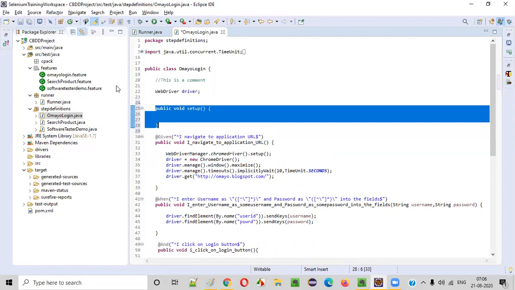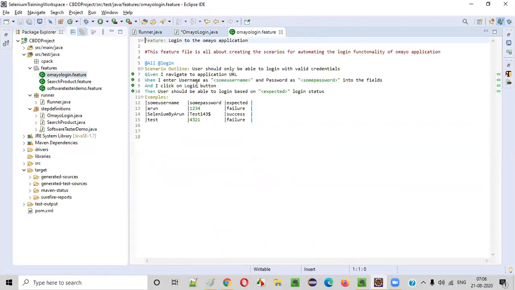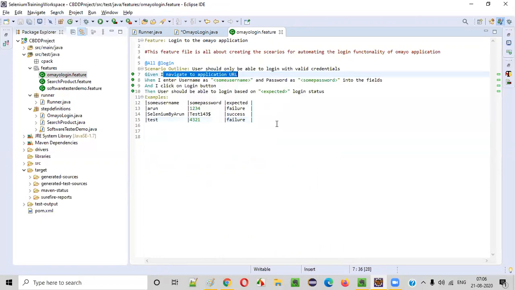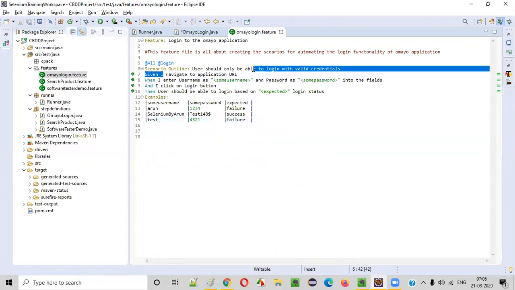Let's open this feature file. You see, I navigate to the application URL, I enter the username as something, I click on the login button. User should be able to log in based on expected login status is the scenario, right? Before this particular test runs, I want to navigate to the application URL.